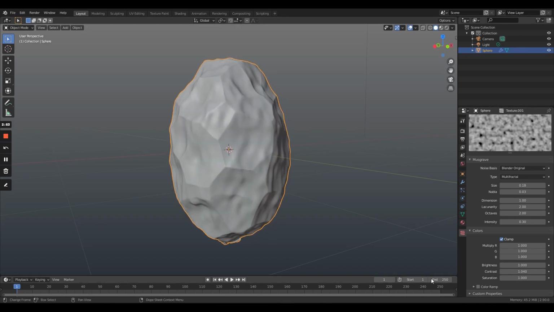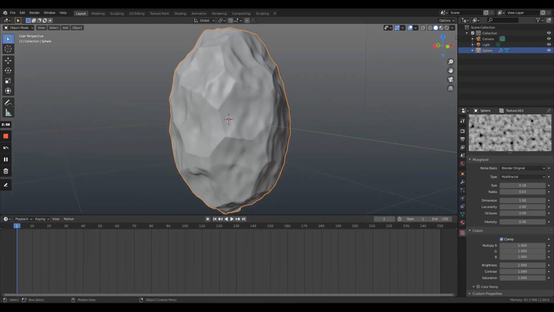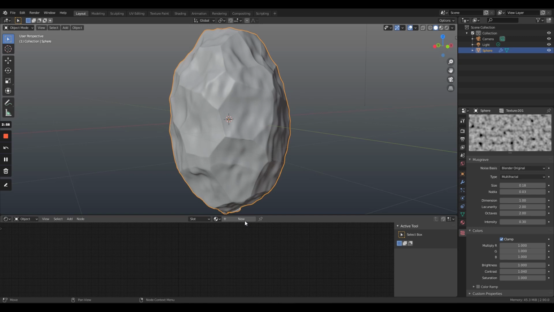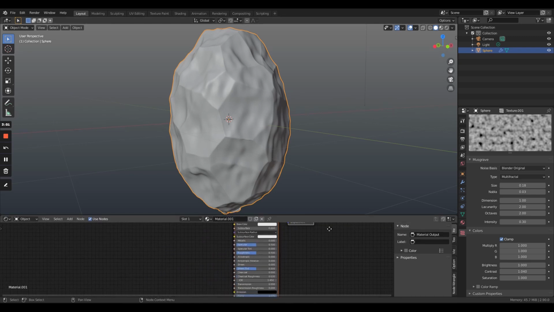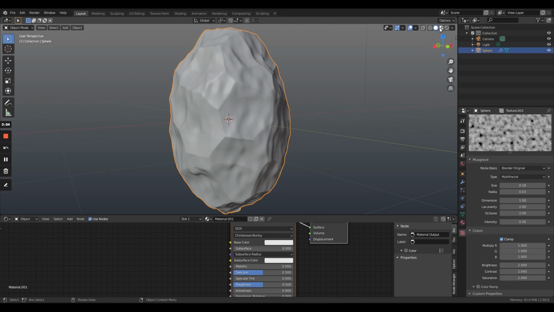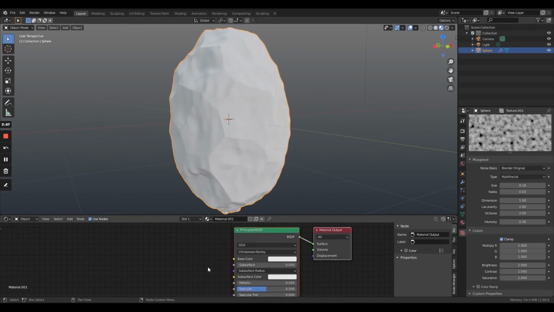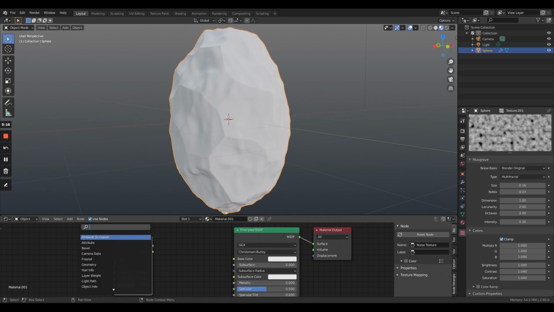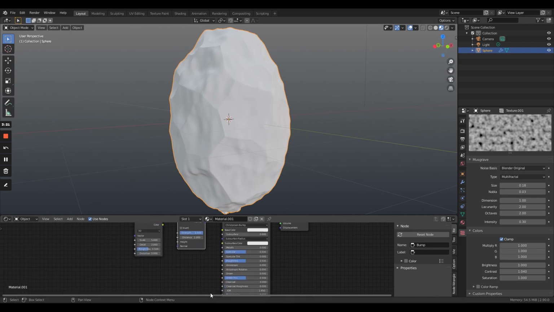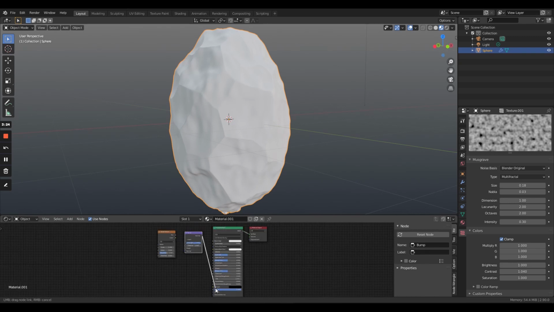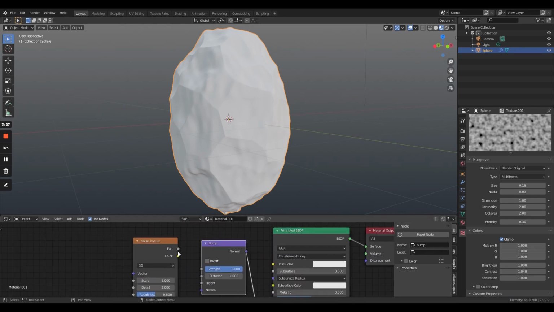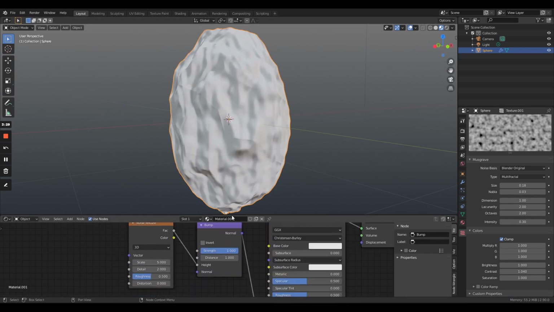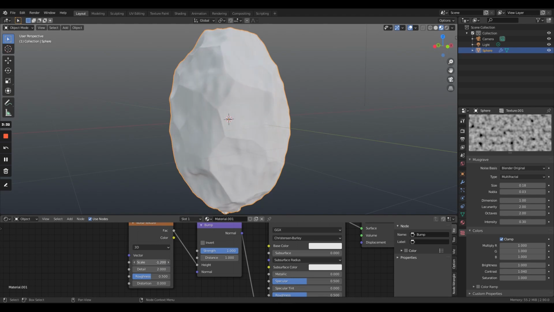Looks nice, and an easy way to do this is you can just switch this to shader editor and add a new material for this, and okay, let's go into the shading part, and here we'll add a noise texture, and we'll add a bump. So okay, connect this to the normal and the factor of this to height. So you get something like this,